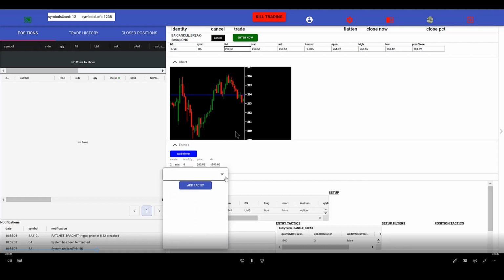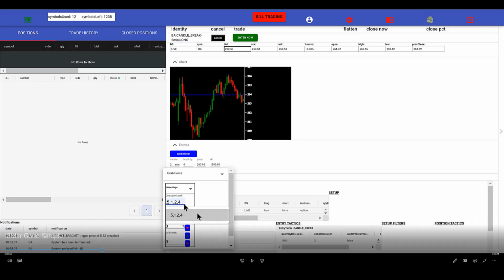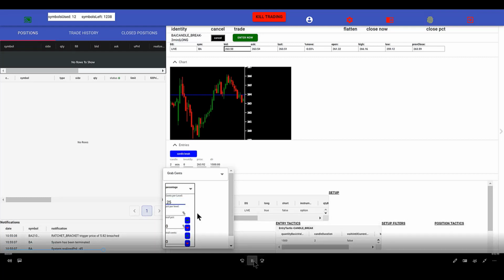So now we have an entry here. All right, so I click that plus, I select grab cents, and now I have to decide what I'm looking for here. So I'm going to pause right here. What this is, and we're going to come up with a better user interface for this, is a comma separated list of how many cents we're looking for at each exit level. And then I'll just let it go a little bit further. And then a corresponding list of the percent of the quantity